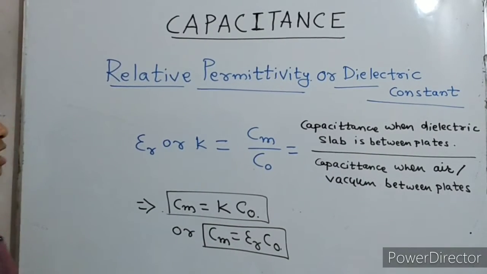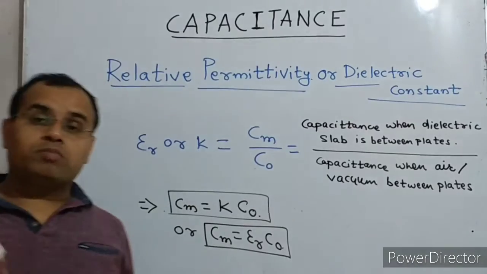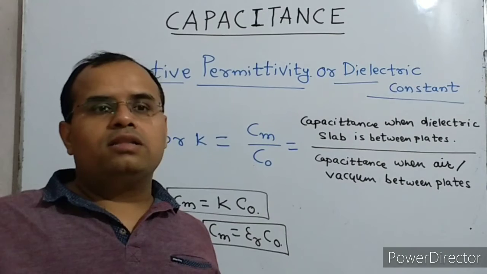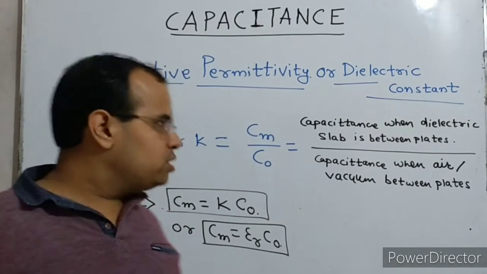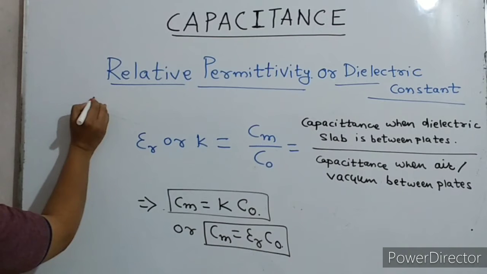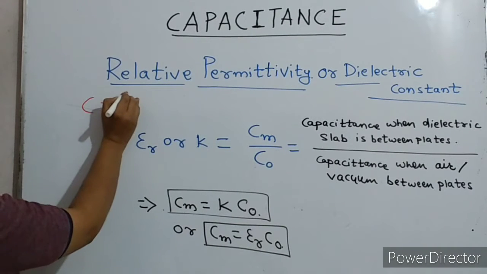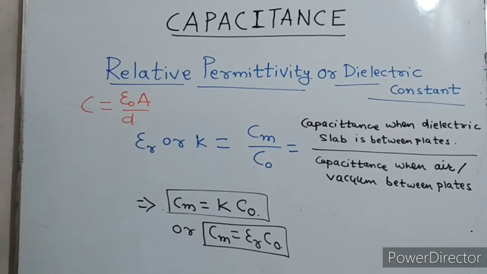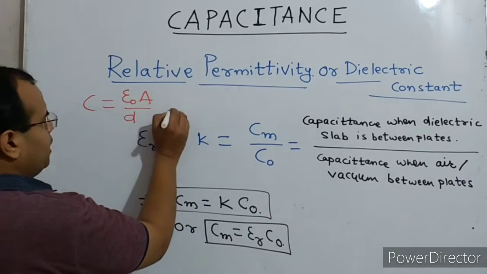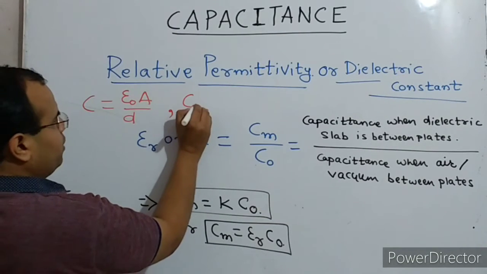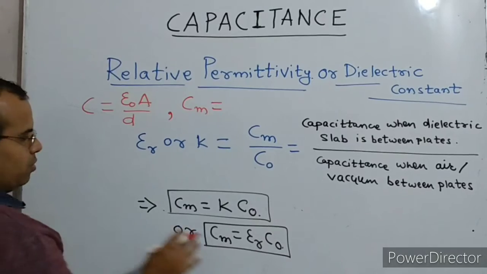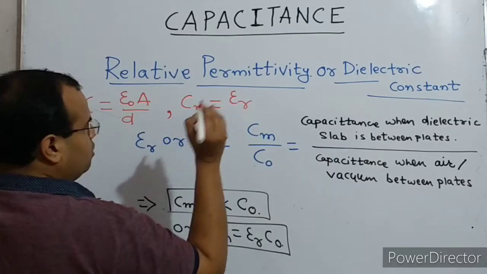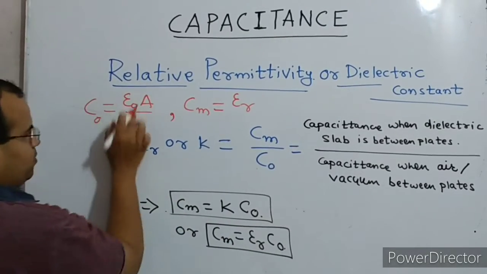times C naught. As I earlier discussed, if you replace vacuum or air by a medium, then you would find that the capacitance is increased. So it is the reason behind it. Why? Because when air was there between the plates, the expression for capacitance was C equals epsilon naught A by D. Now when we replace air by some medium, the capacitance will become Cm, and that is equal to epsilon r C naught, where C naught is this epsilon naught